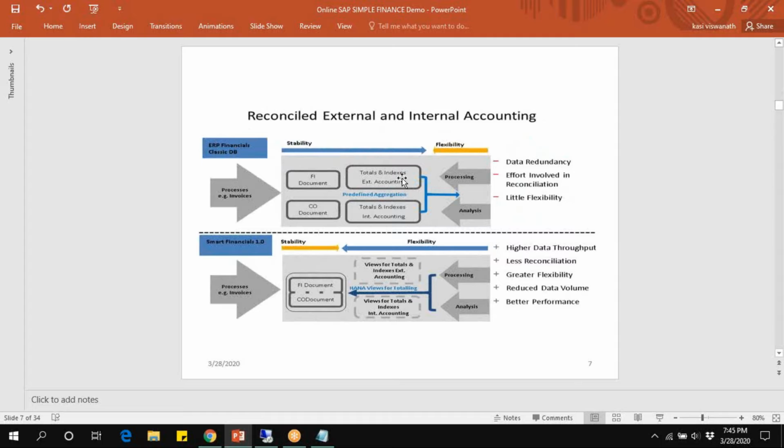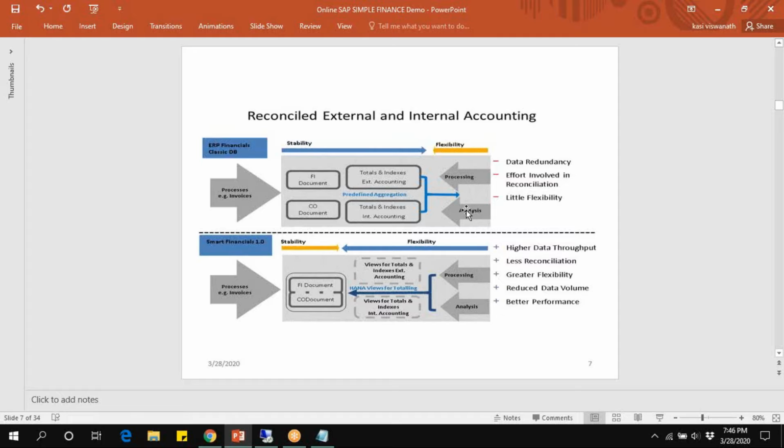So what are the external reports? Balance sheet, profit and loss account, cash flow, etc. And internal or management reports like cost center report, profit center report, material ledger report, product costing report, COPA, controlling profitability analysis report, material evaluation ledger, bill of material reports. So these are the internal or management reporting.